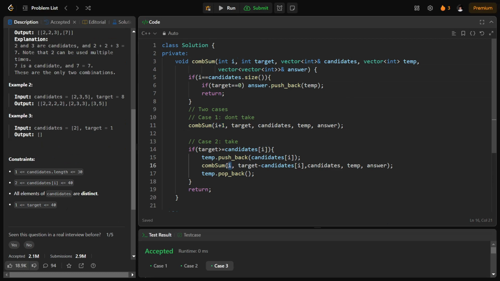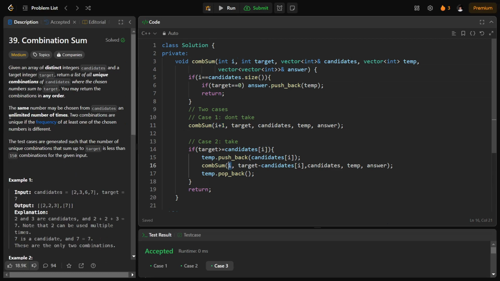Why? We did not move one step ahead because we can have unlimited number of times. Any element can occur unlimited number of times. So I can pick this element and I stay at this position as well, and I can again pick this element again. Now let's assume that we took this element, we got the solution somehow, and that is stored in